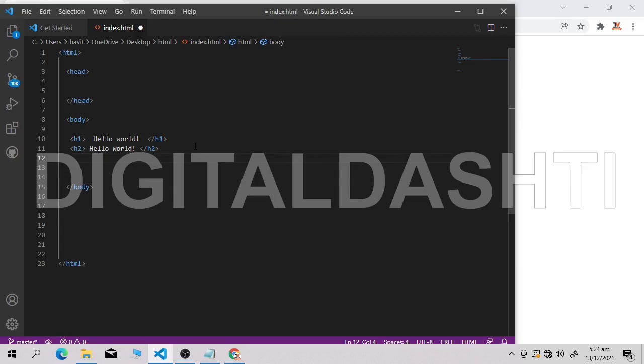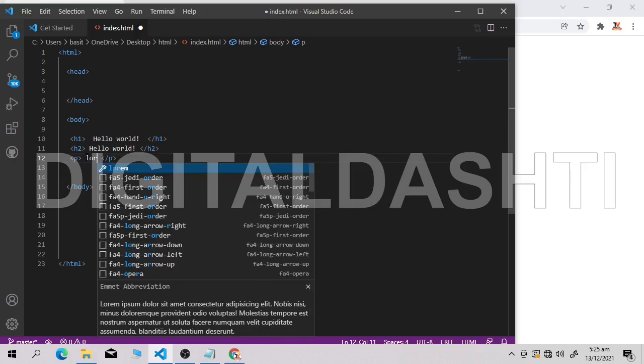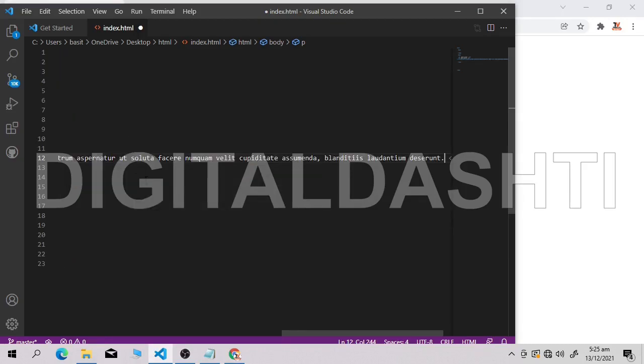It's very easy. Just write P. Now inside this P element, these are called elements. You can also call them HTML tags, HTML elements. And it's necessary to use a slash to close the element. You should use two tags, an opening tag and a closing tag. And here I will write lorem. You can see it's giving me a suggestion. I will select lorem. Now it has written so many things for me. That's why it makes it easier.